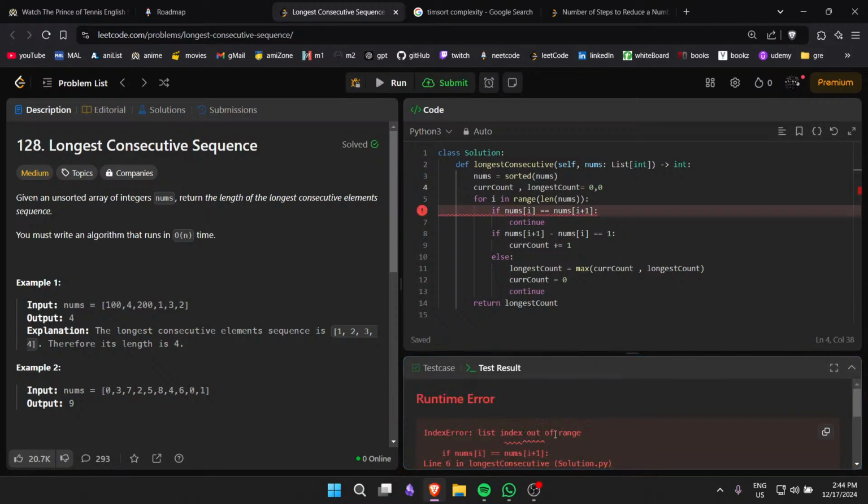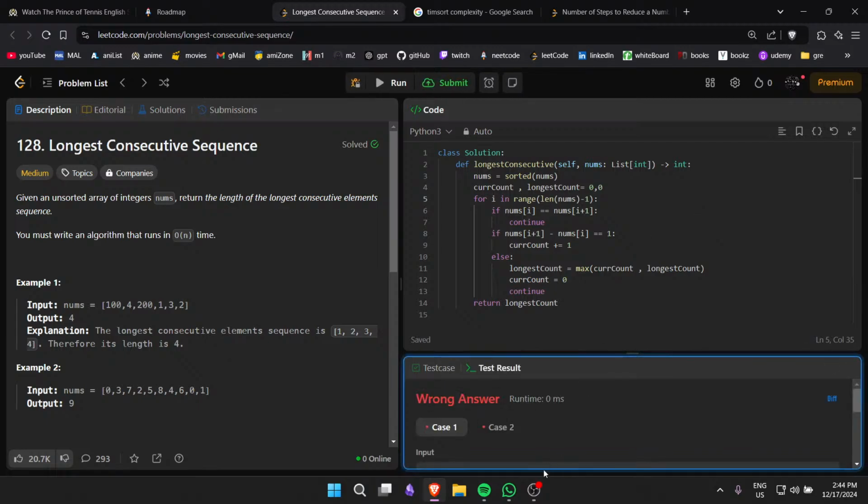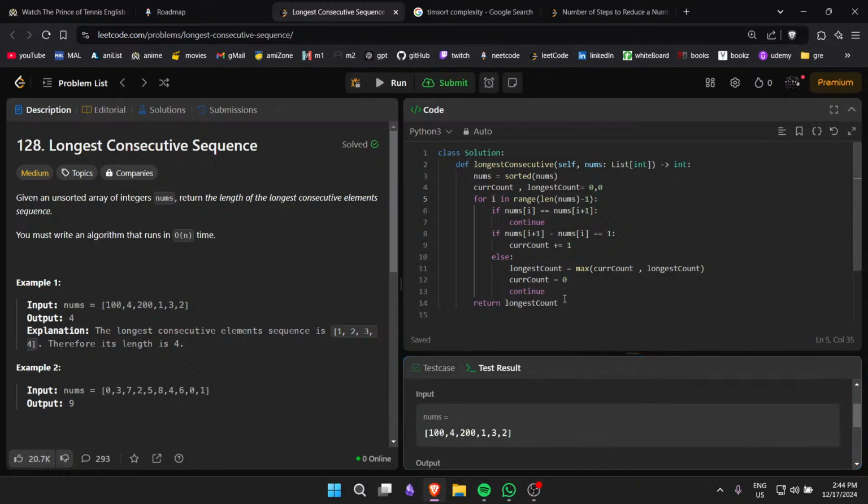Index out of range. If nums of i equals nums of i plus 1. Okay, so for the last length it will be checking that, right? So actually we need to run it up till the second last point because we're checking it with the next one. But now here I need to increase that again, right? This is going to be a bit weird. So instead of that, I'll just run it to that and